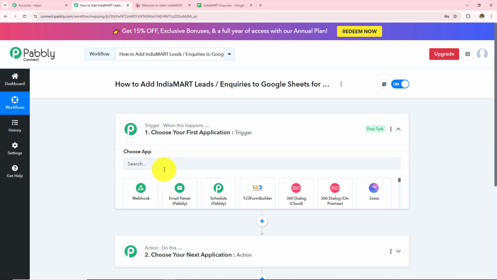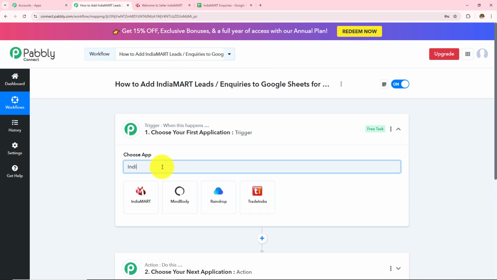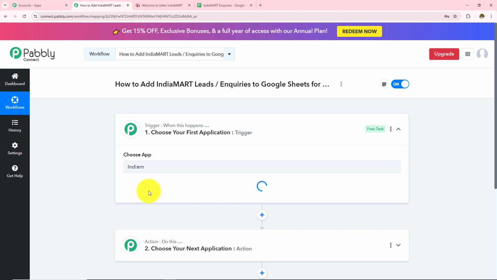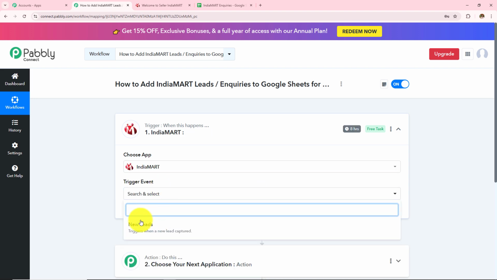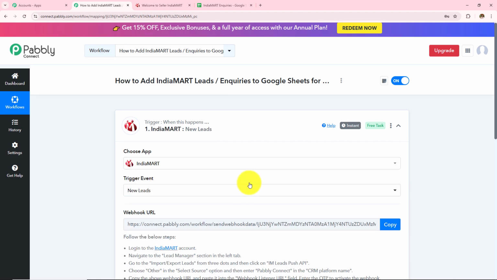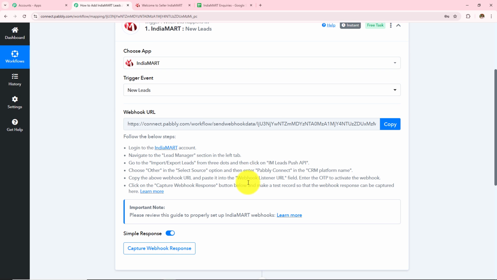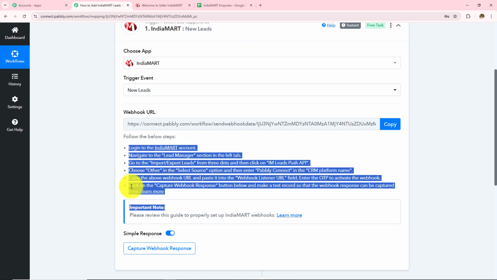So here in my trigger application, I am going to take IndiaMART, and then in my trigger event, I have to take this new leads. Now I need to make a connection between Pabbly Connect and IndiaMART, for which a webhook URL is provided to me, and this URL is going to act as a bridge to connect my IndiaMART with Pabbly Connect. So reading this help desk, I am going to make this connection, and to make this connection, let me open